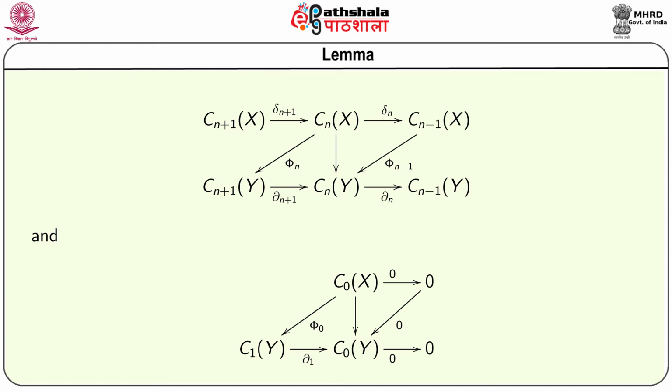Similarly, if we look at the left triangle, then composing delta n plus 1 with phi n, we get a function from Cn x to Cn y. The lemma claims that the sum of these two functions from Cn x to Cn y will be equal to Cn g minus Cn f. Also,